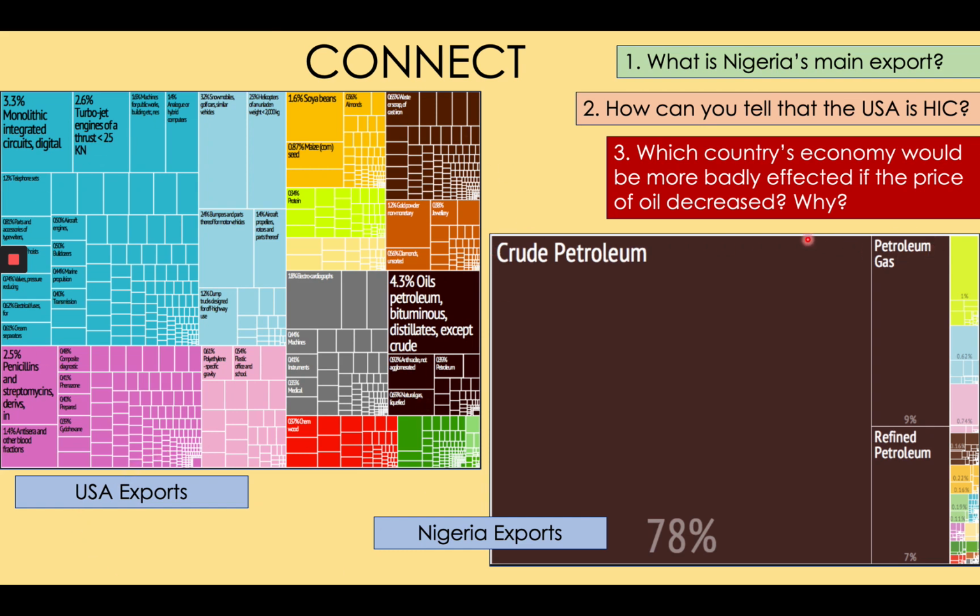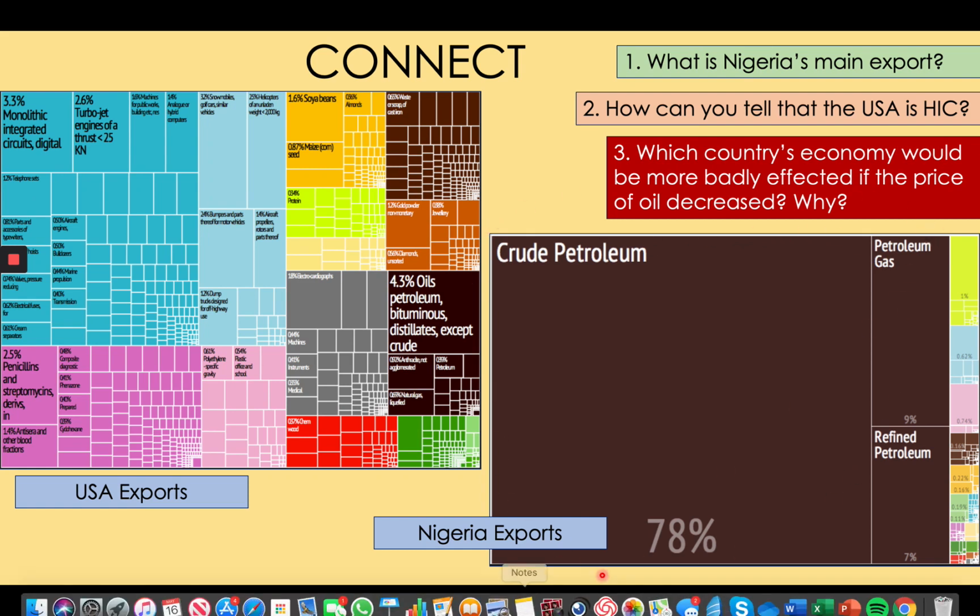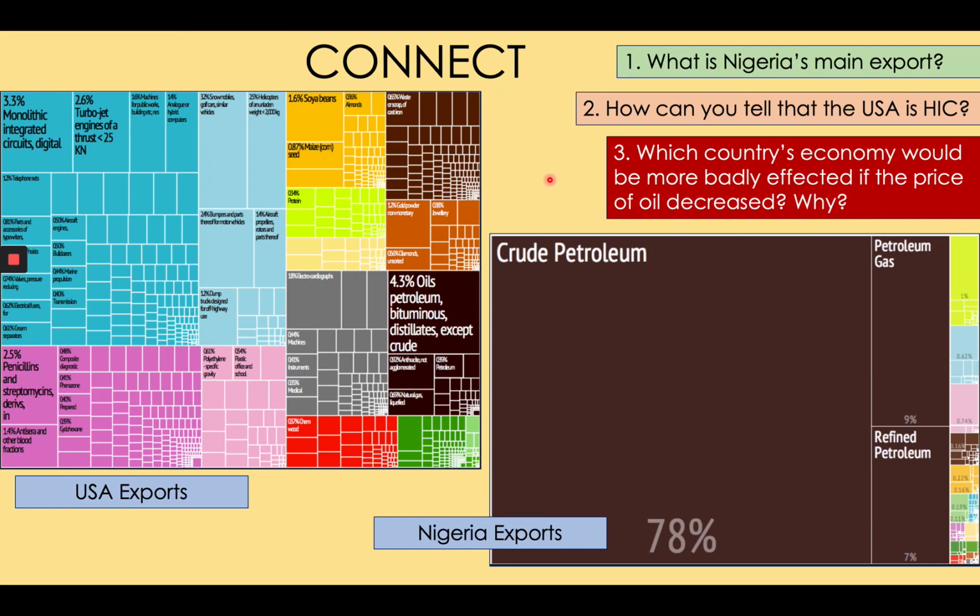So as a result, the answer to number 3 is Nigeria, because it depends on oil, whereas the USA has a diversified economy. It exports many different types of products. Excellent. Based on these two tree maps, you should be able to see and work out already why industrialization is